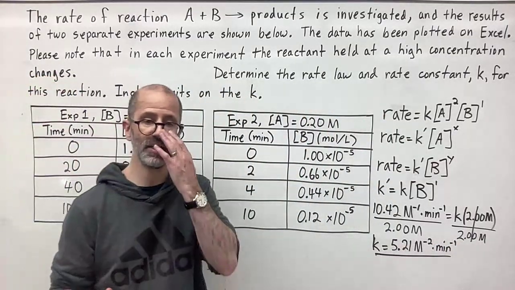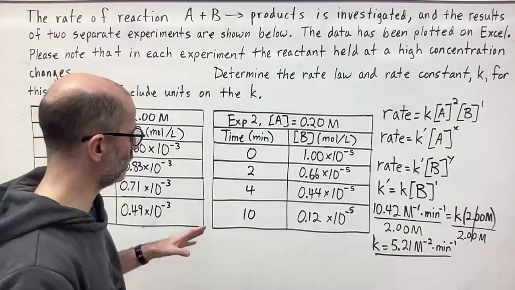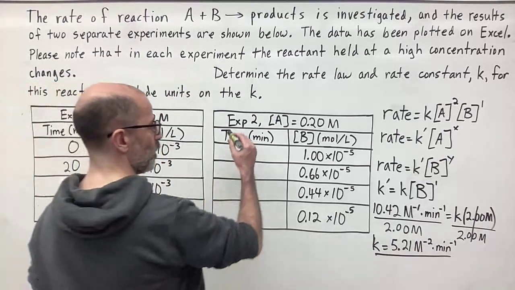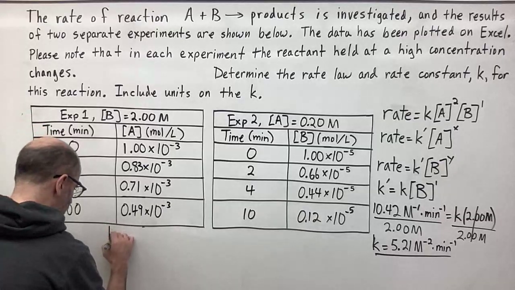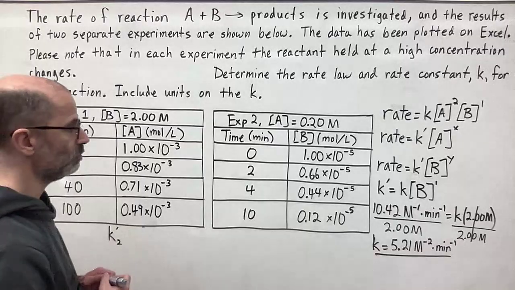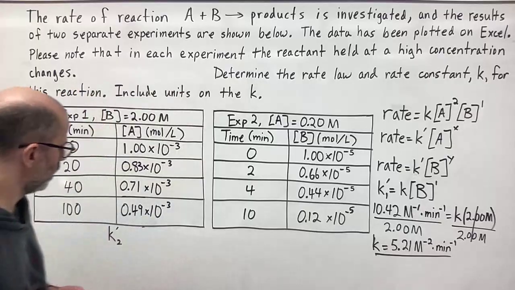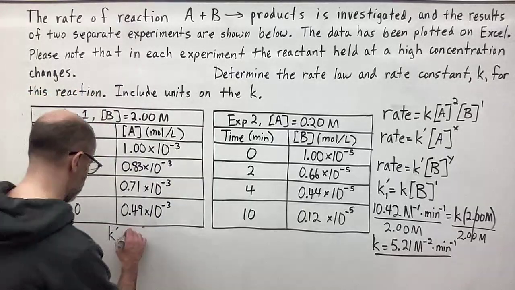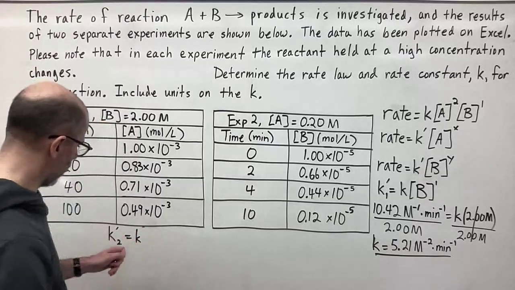Now I have to do it for the second experiment, and then I'm going to average those together. So for the second experiment, I'm going to do down here. Same thing. So I have my pseudo K for experiment number 2, this was experiment number 1, so I'll make that clear. So the pseudo K value for experiment 2 is also going to be equal to the actual K value, the rate law constant,